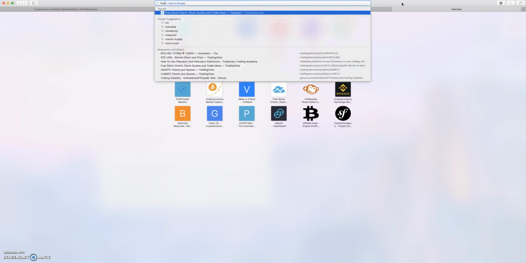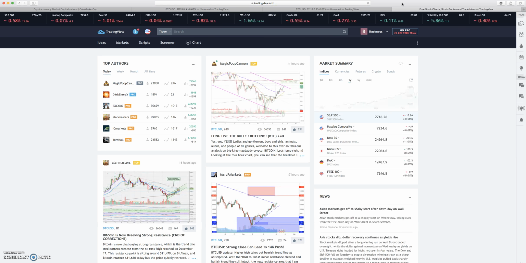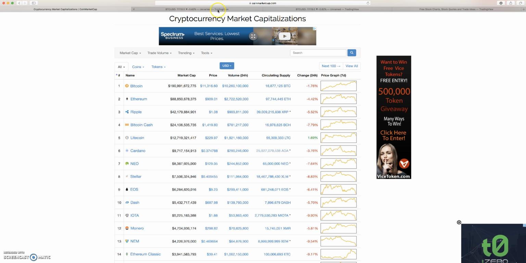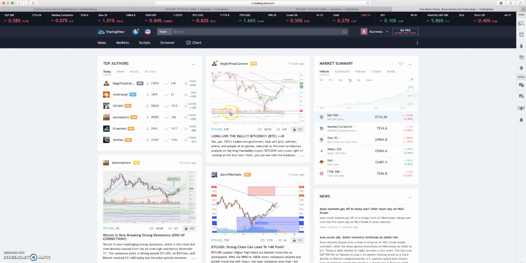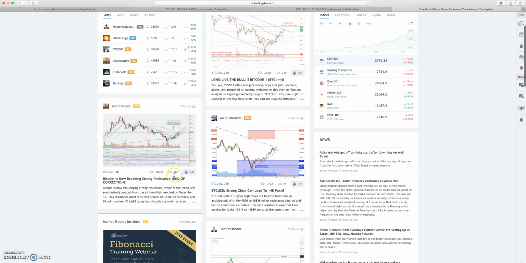If you just go to tradingview.com, this is a way where I can get other ideas, because it's hard when you're just looking at these charts all day by yourself. You sort of don't understand what's going on fully, so it's good to go in there and you can see the top authors of today, the week, the month, all time. This is just on TradingView's homepage, and this is good for the S&P, the NASDAQ. You can trade Forex and look at all the charts for those too. But a lot of this stuff is for crypto.